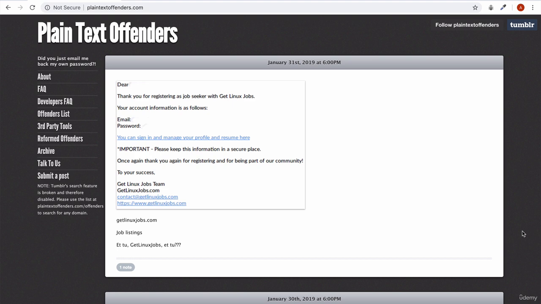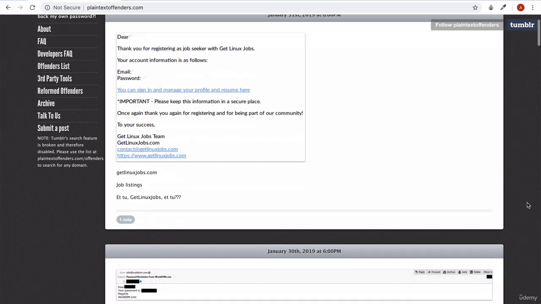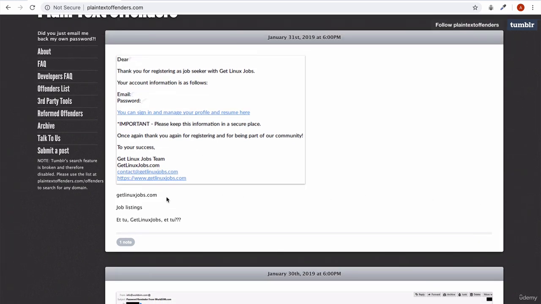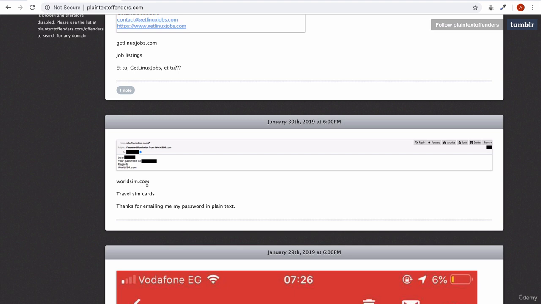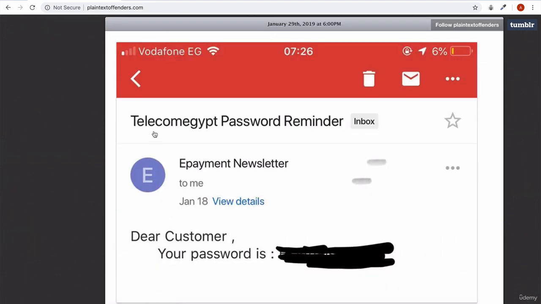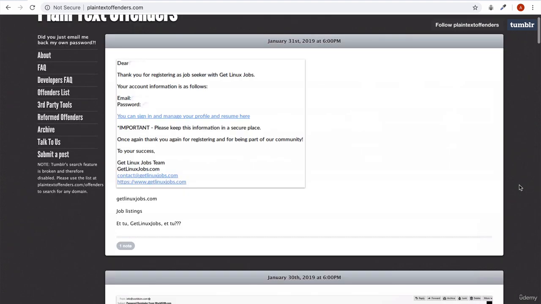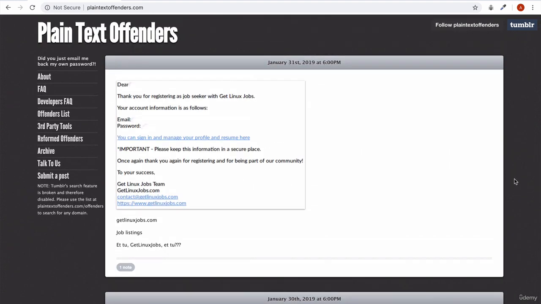Now, at this point, we know that to be able to even get the user's password in plain text, it means that they're doing some horrible things with securing the passwords. Either it's encrypted and there's an encryption key somewhere that they're storing, or it's simply just stored on their database as plain text, which is the worst possible type of security. So, given that you already know a lot better than the people who run getlinuxjobs.com or worldsim.com or Telecom Egypt, then you could actually just email these people and tell them that I'm a web developer